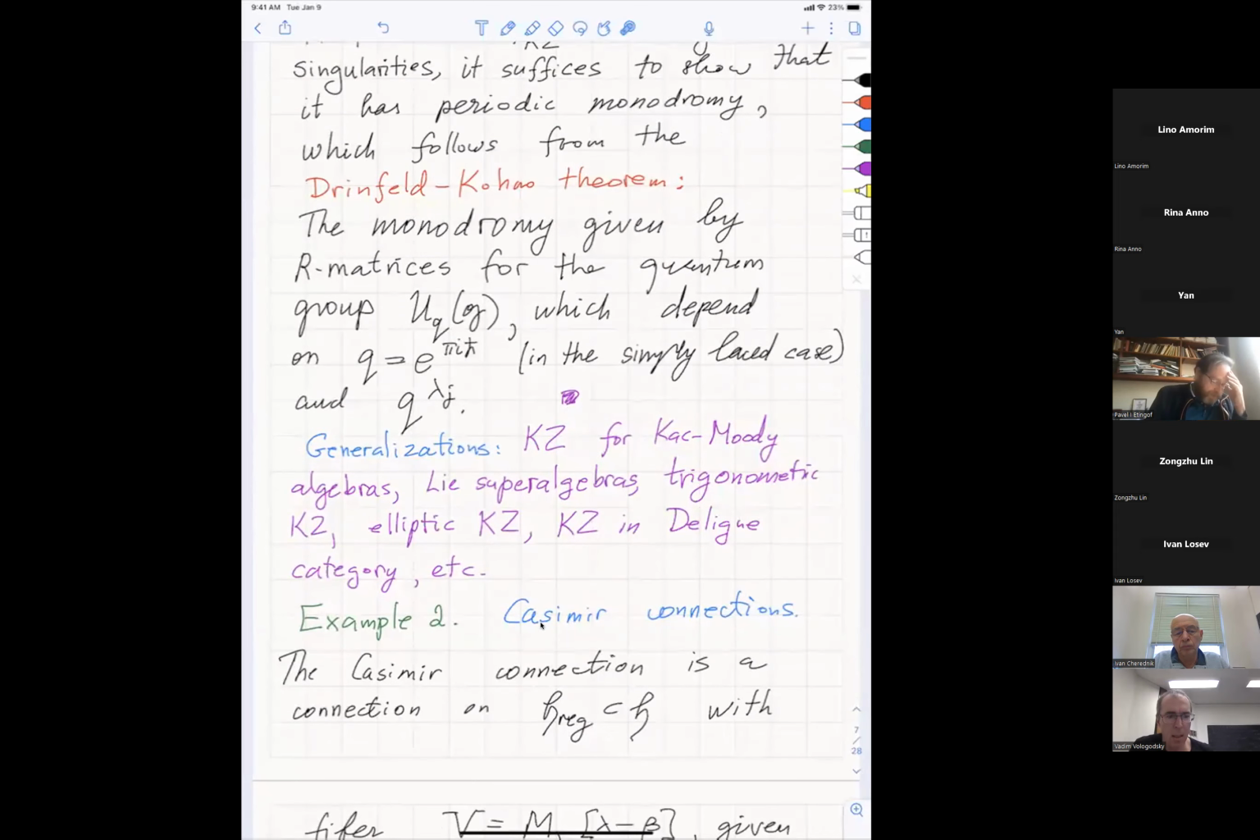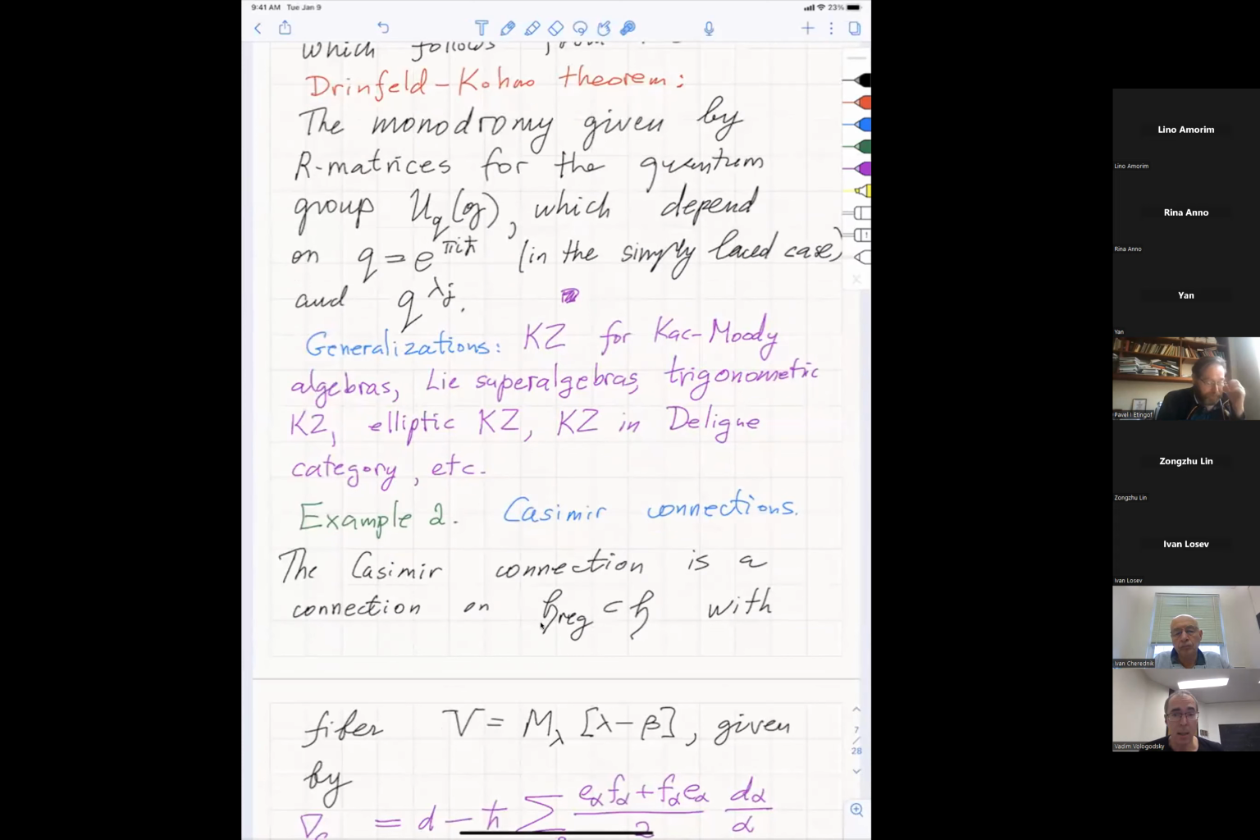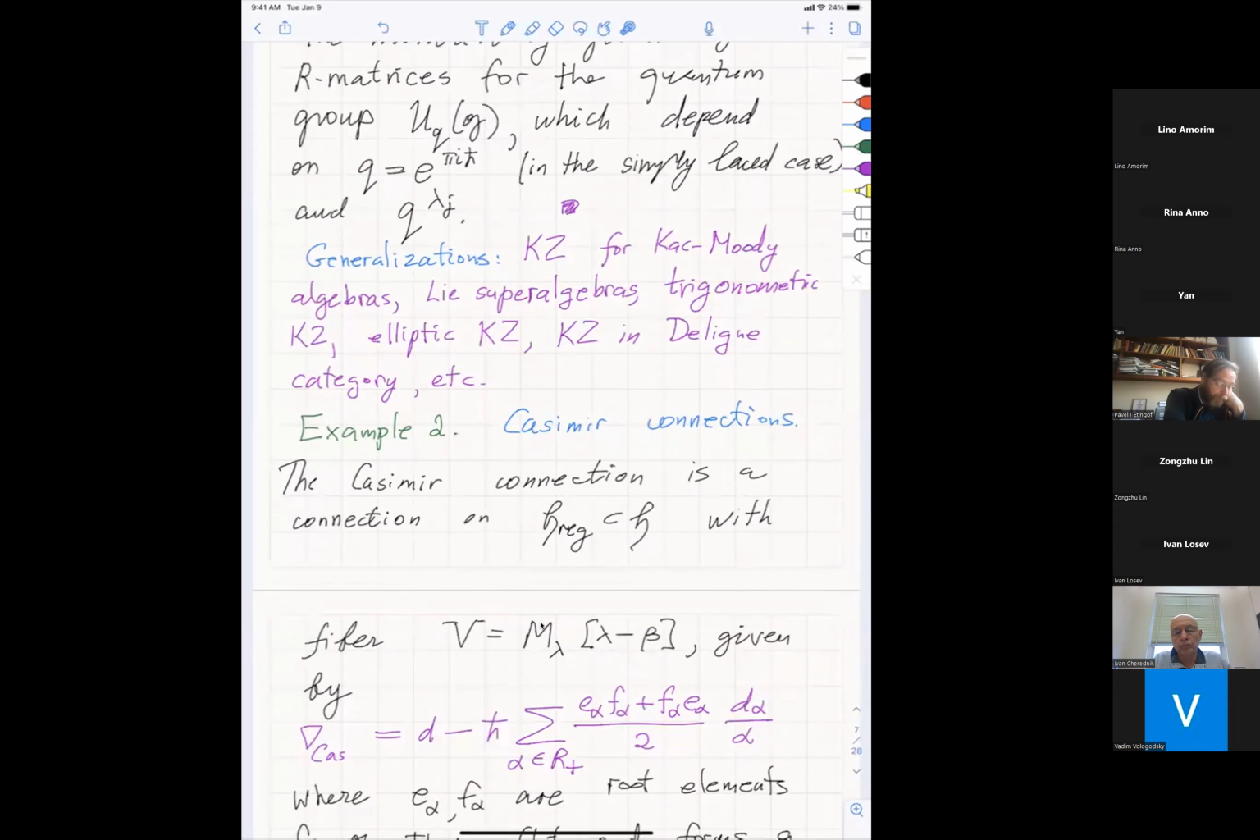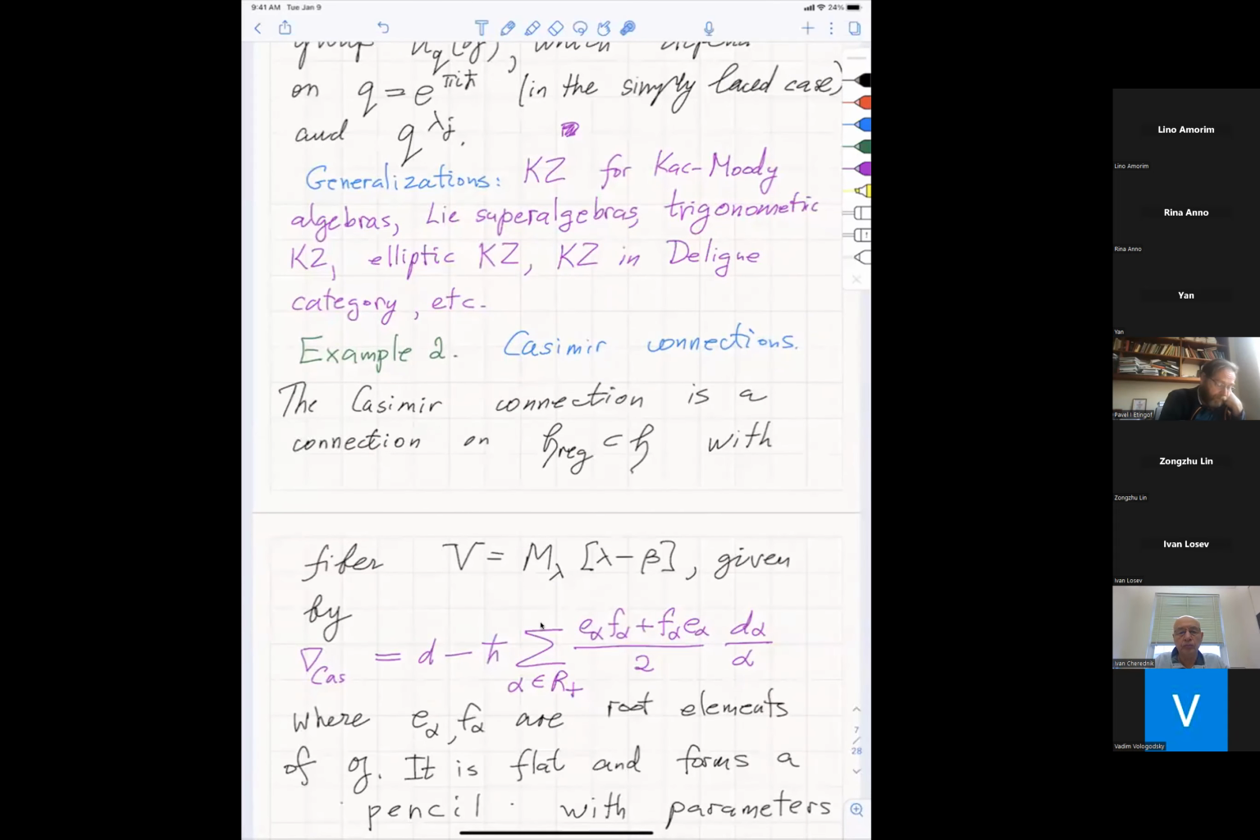All right, so here is a second example, which is Casimir connections. This connection was introduced by De Concini and independently Toledano Laredo, and also Felder, Markov, Tarasov, Varchenko. And this is a connection on the regular part of the Cartan subalgebra of our Lie algebra, which has fiber which is a weight space, but just in one Verma module, M lambda, of weight lambda minus beta. And it's given by the formula d minus h bar, times a sum over positive roots of Casimirs for the SL2 of this root without the Cartan part, but you can also include it, it doesn't matter, multiplied by this logarithmic form, d alpha over alpha,